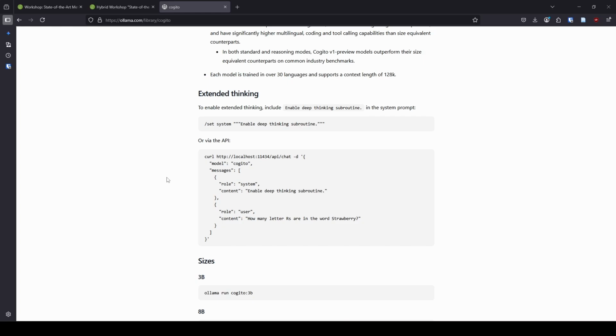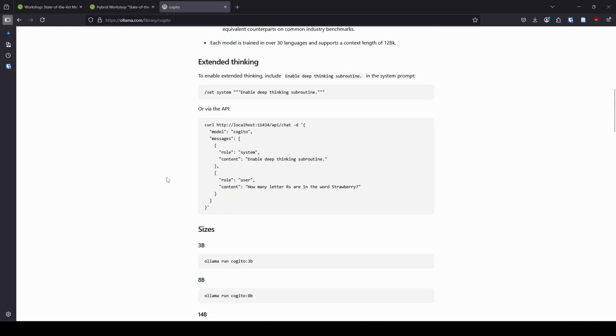Most of the time I feel like it just wastes time telling me what it thinks I want to hear about how it is figuring out the answer, and then it gives me a response that I probably could have got without a thinking model. That said, I understand that there are use cases where having the reasoning can help. So I thought it was really cool that they have the option to turn this on and off. I hadn't really seen that before. And so I'm actually going to copy this so that I can use it later. But it's a really neat little feature.